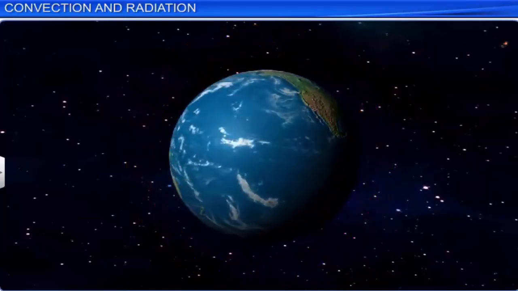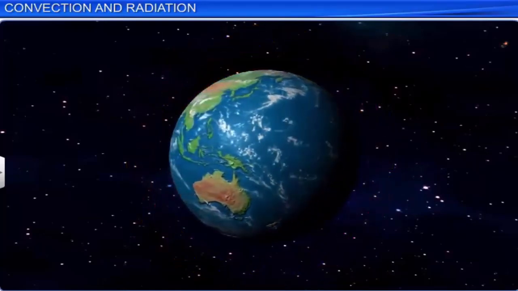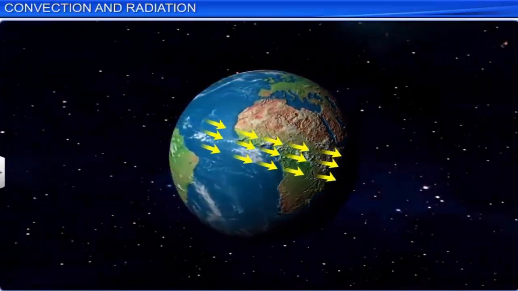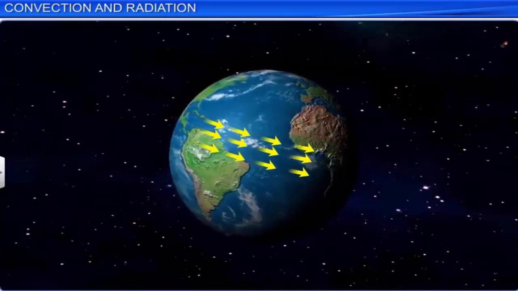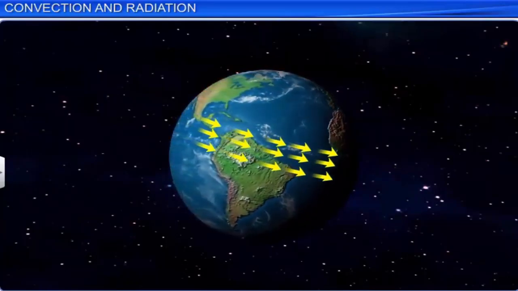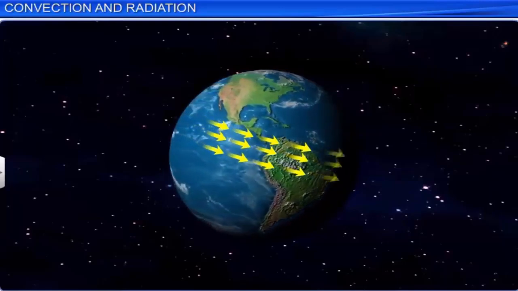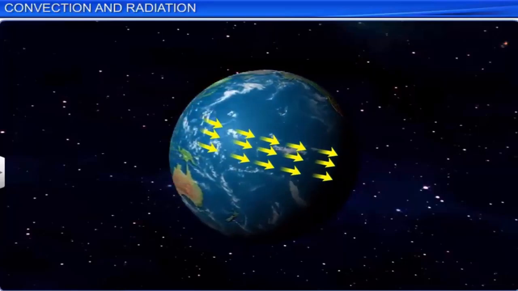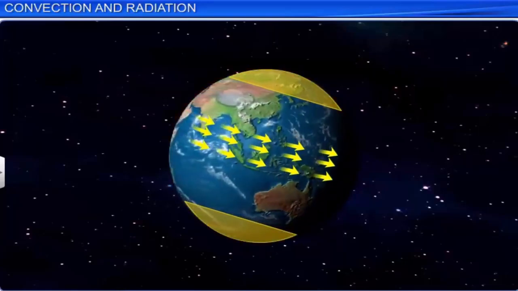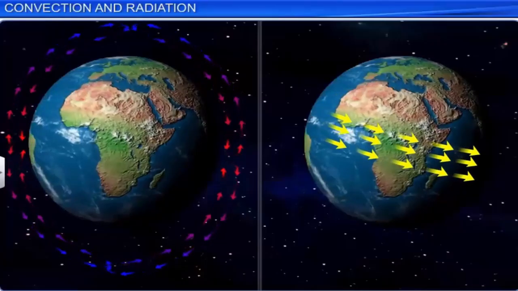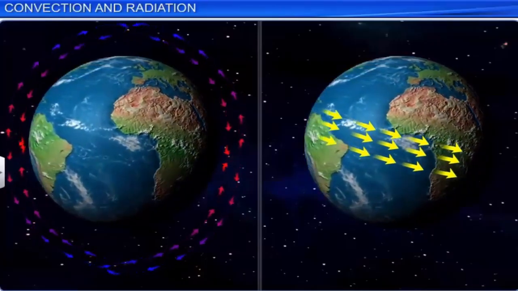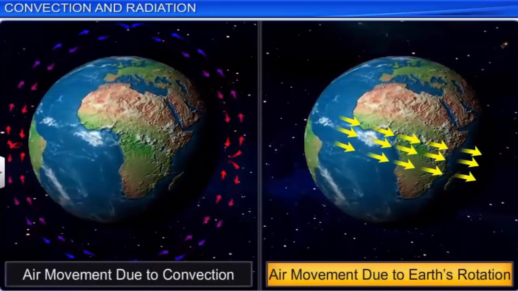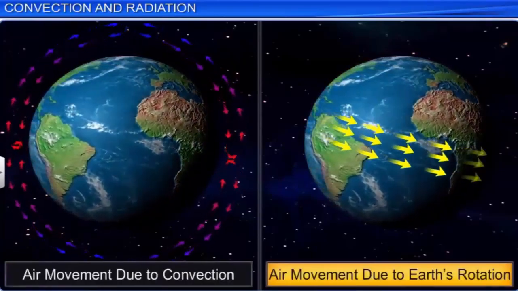But because of the Earth's rotation, air at the equatorial region moves with a speed of 1,600 kilometers per hour in the eastward direction, whereas the speed of these winds is almost zero at the poles. These two movements of air, one because of convection and the other because of the Earth's rotation,